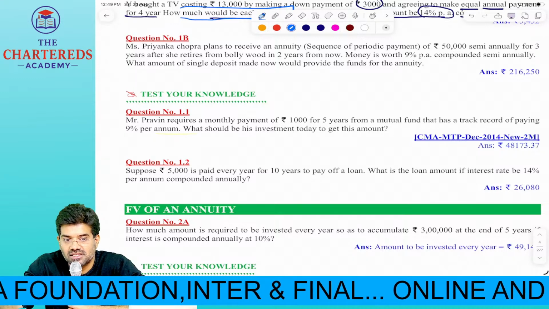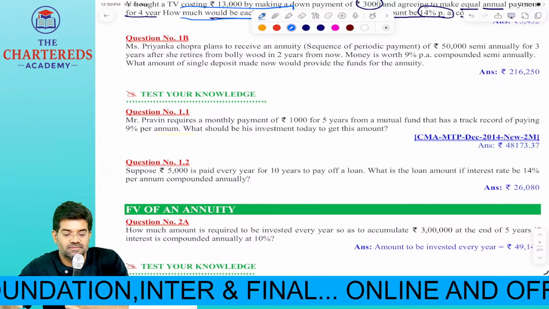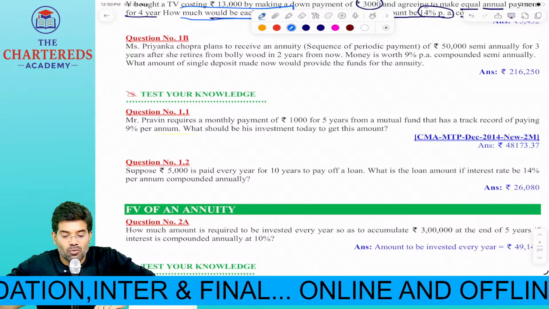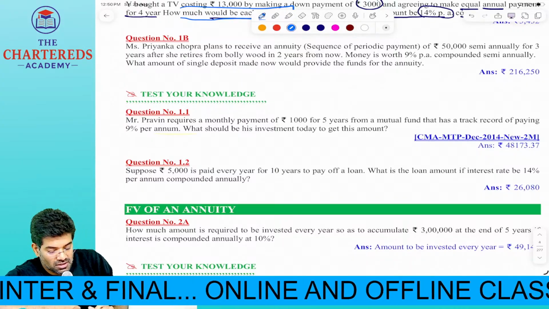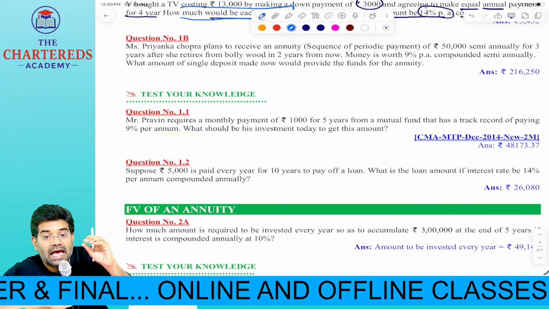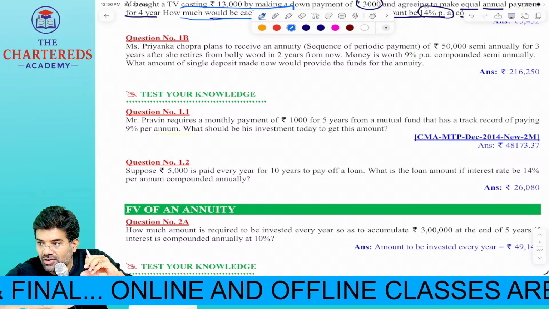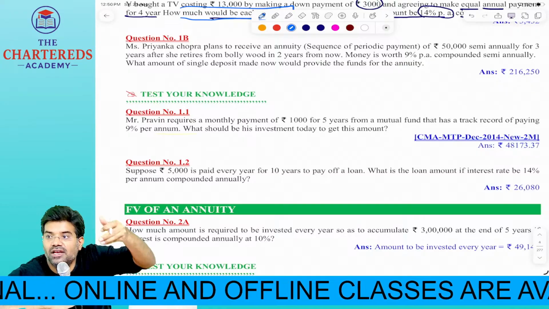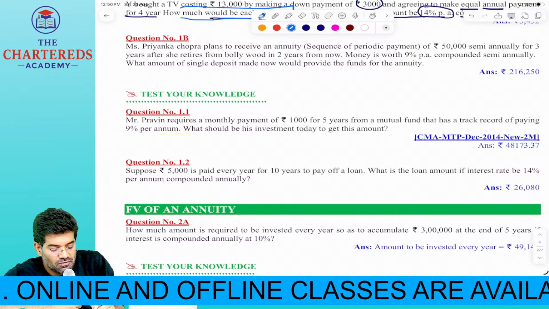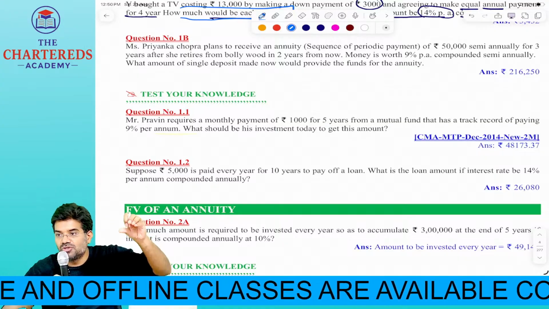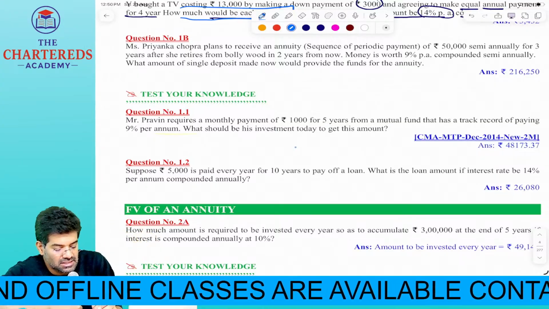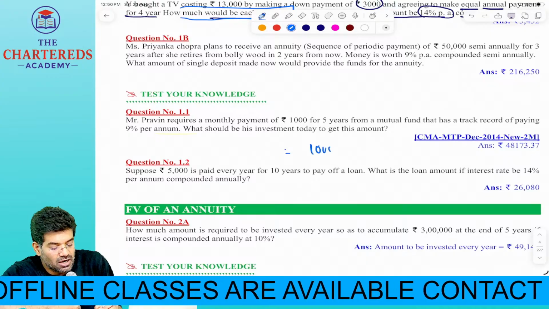60 periods. Right? Now tell me what we don't know here. What we know, what we don't know. We know annuity, but we don't know present value of ordinary annuity. We don't know present value of ordinary annuity, but we know the annuity amount every month, how much you want to receive, you know or not? Yes. So it is equal to 1,000 into